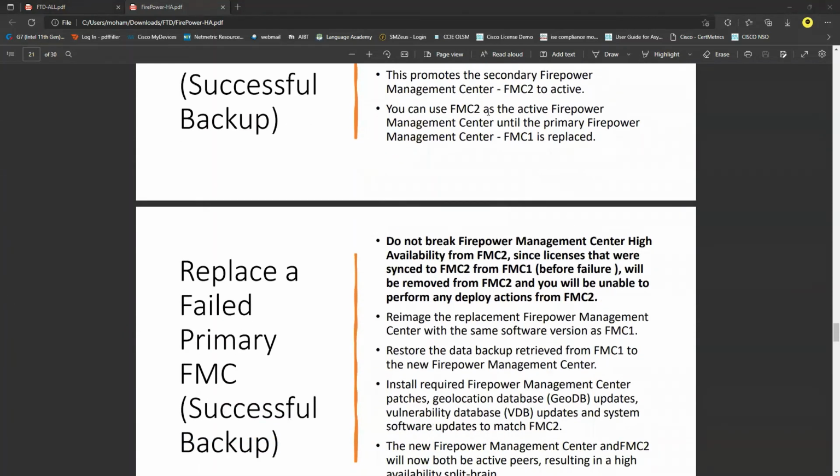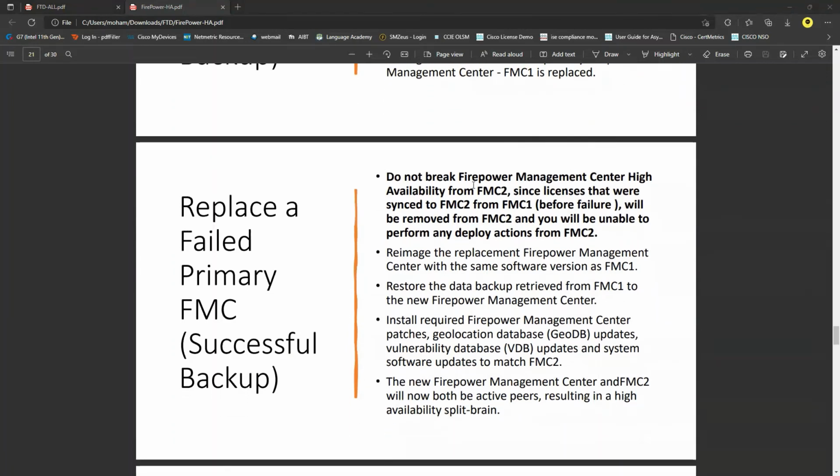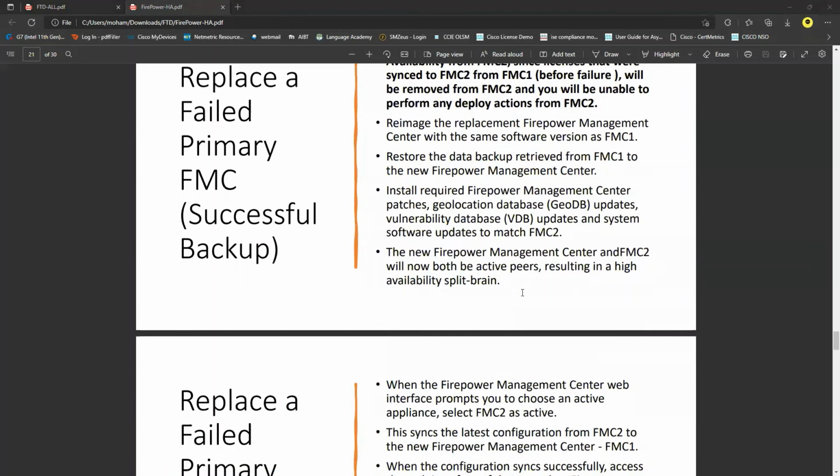Now, you can use FMC2 as the active Firepower Management Center until FMC1 has been replaced. Do not break the Firepower Management Center high availability. Because you already have the data backup, there is no need to break the high availability. Just replace FMC1 with exactly the same version, same everything. After replacing, you just need to enable the high availability,